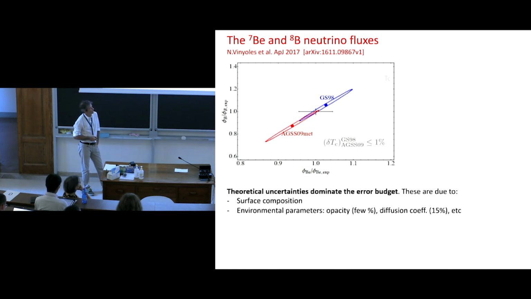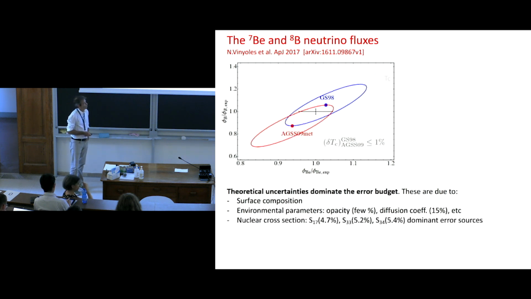This is seen here. Theoretical uncertainties, as I was saying, dominate the error budget. These are due to surface composition and environmental parameters, in particular the opacity. And so if you include this, you see this kind of effect. And then we have a contribution from nuclear cross-sections. So you see that at the end, the theoretical uncertainties prevent the possibility to discriminate between these two